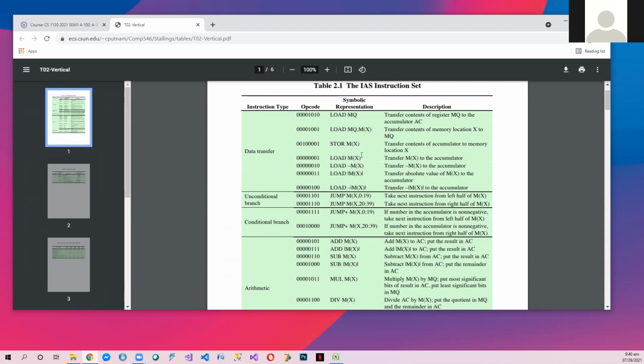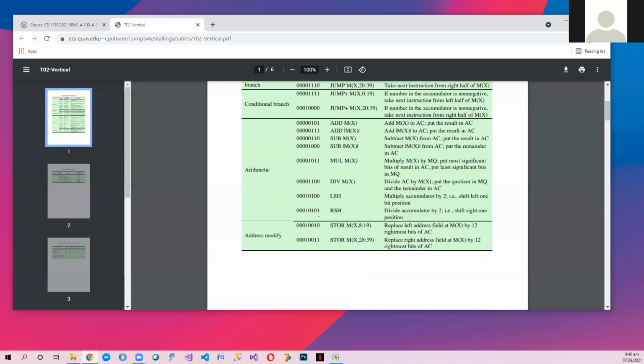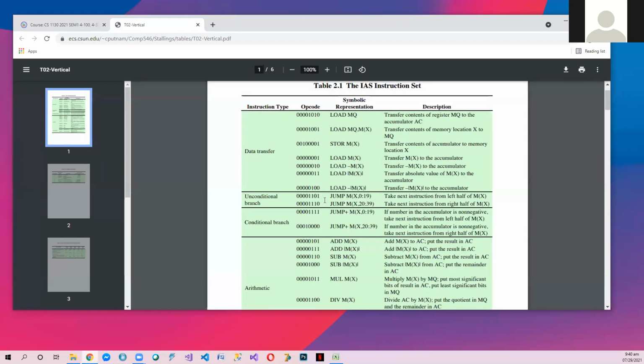And you may know one of the main disadvantages with the IAS is it doesn't have an assignment operator. Okay, it doesn't have an equivalent of the N operation where we can set a constant value to memory. So anyway, why is that? Because